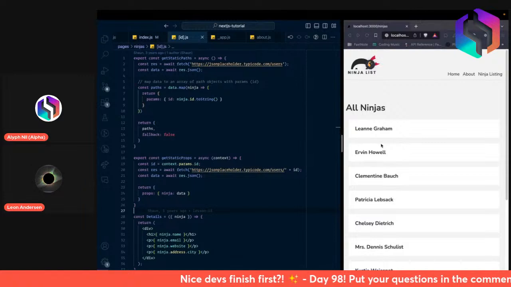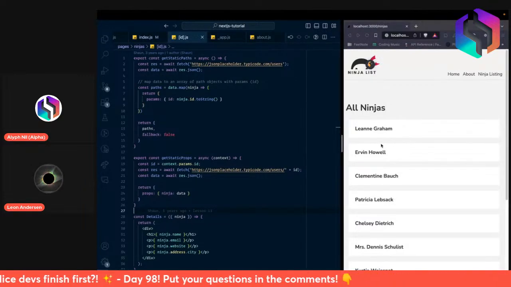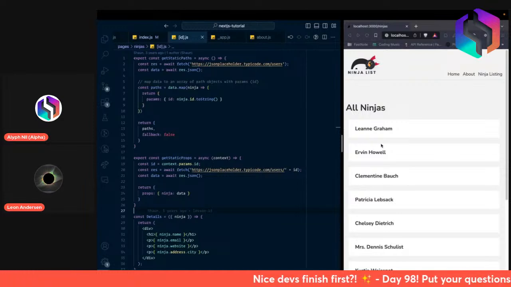I don't know if it's Next.js or whatever. I guess it's probably the getStaticPaths thing. It needs to know how many iterations there are, or how many